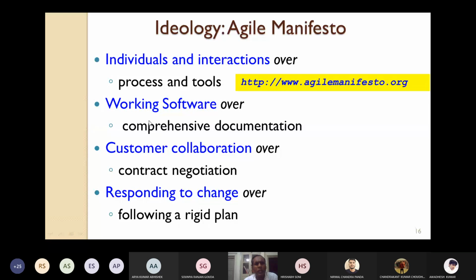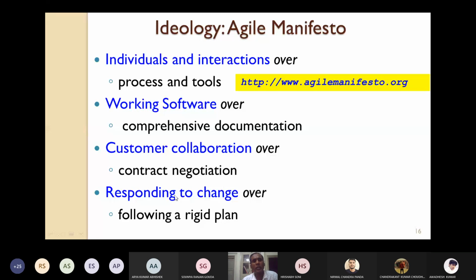More focus is given on working software over comprehensive documentation, as it is done in traditional software. Similarly, more focus is given on customer collaboration over contract negotiation, as done in traditional software development.